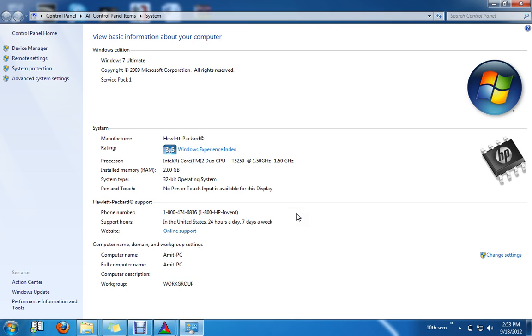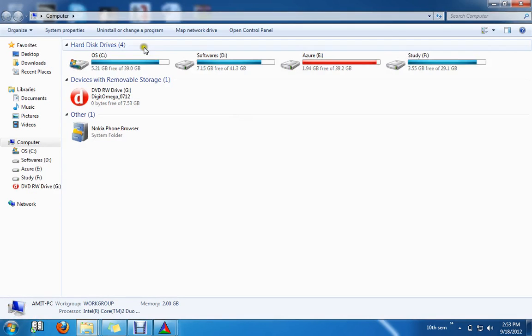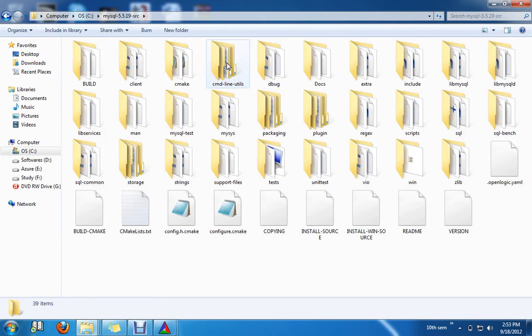The environment variables have been set, and now we will see the source code. The source code is stored in the C drive, and this one is the source code.